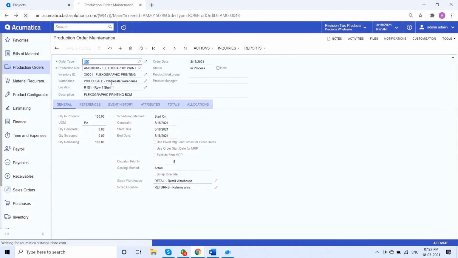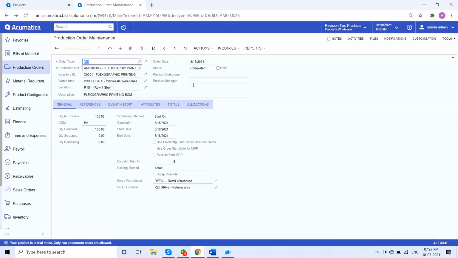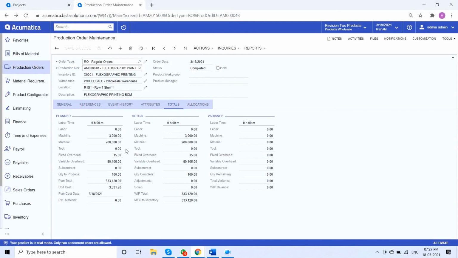Now let me just refresh this production order. Now the status of the production order has been changed to completed. And let me see the totals. Now all the plant totals are being reflected in my actuals and there is no variance. So my production process has been completed successfully.